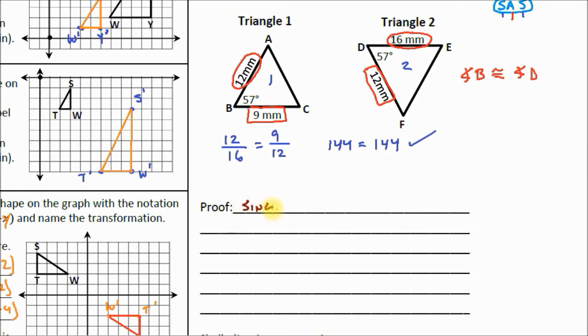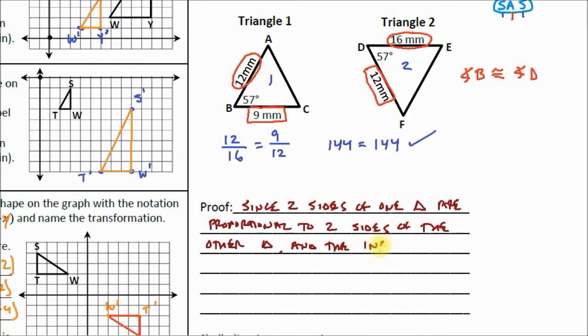Okay, since 2 sides of one triangle are proportional to 2 sides of the other triangle, and the included angle is congruent, then the 2 triangles are similar